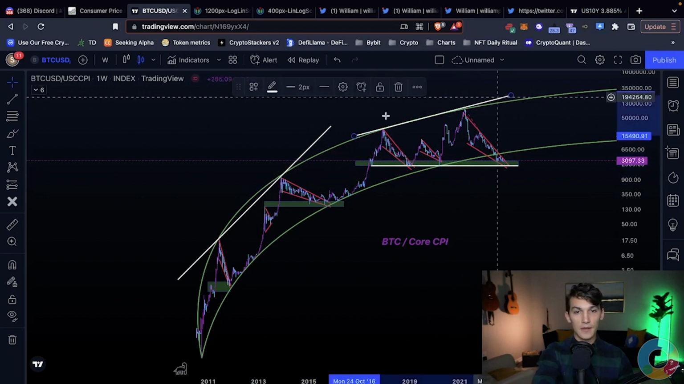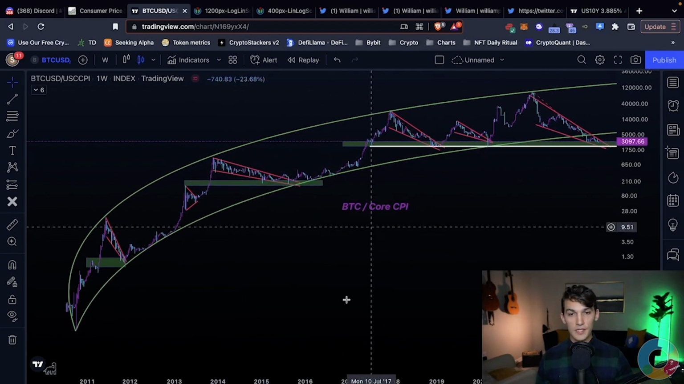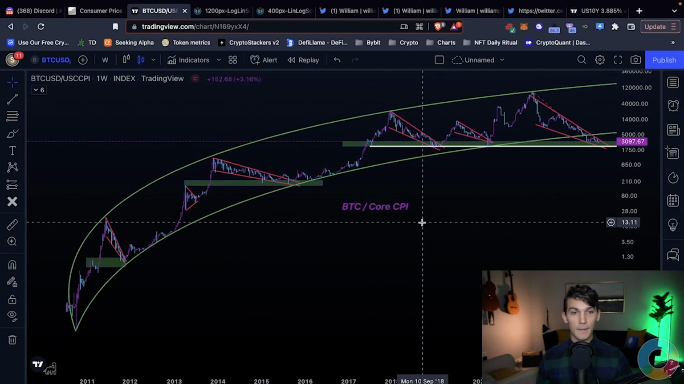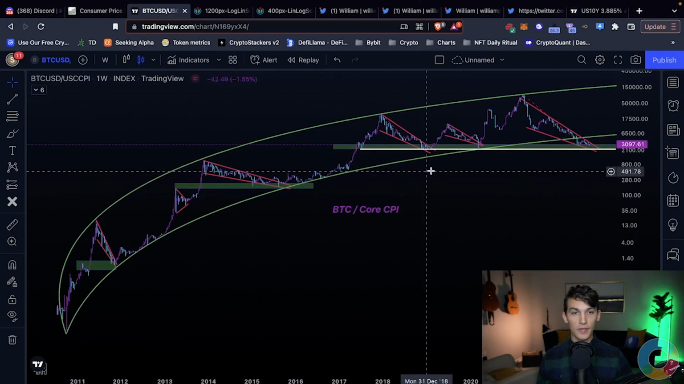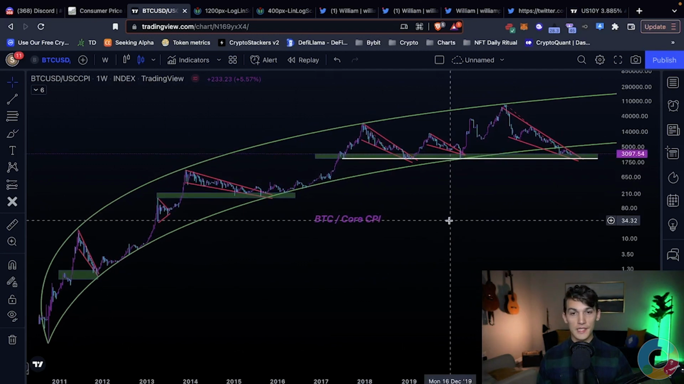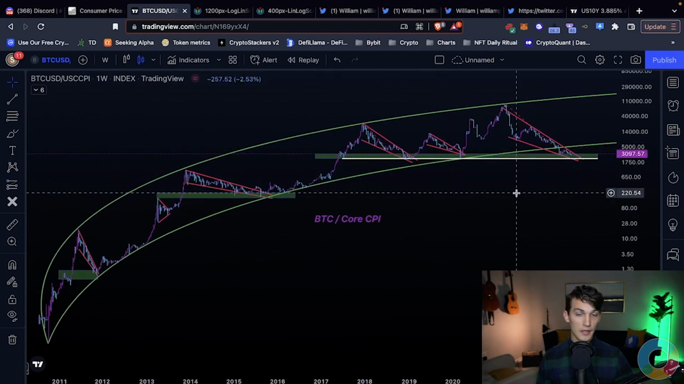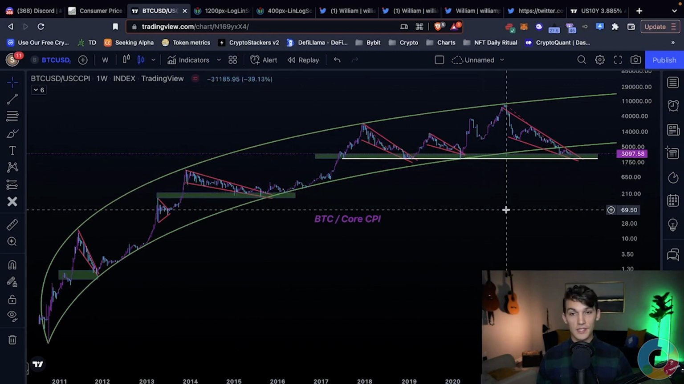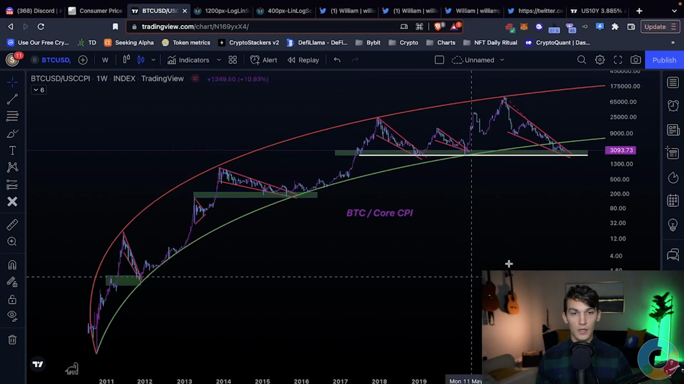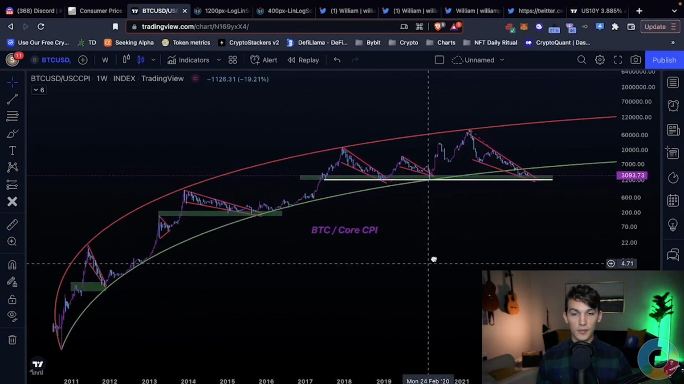So enough of that math stuff. Let's dive into this Bitcoin divided by core CPI and look at what we have. We've already established that it has a declining rate of growth over time. However, this is still a period of linear growth against inflation, and that's something that a lot of assets don't have. All right, so now that we've talked about that a little bit, let's talk about